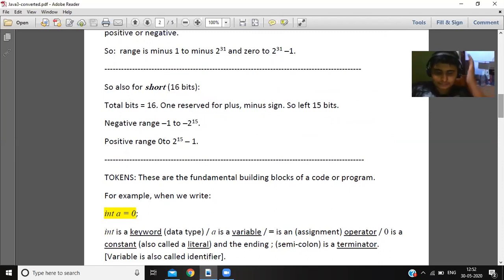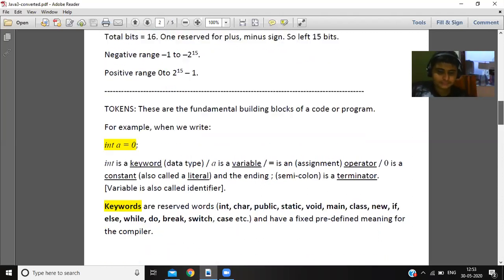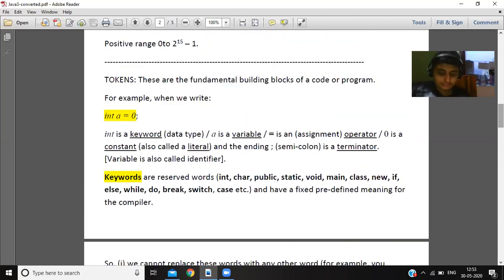Okay? Yes. Then we've got tokens. Tokens are the fundamental building blocks, what in chemistry we call atoms. So when we write int a equal to 0 semicolon, now see the tokens. Int is a keyword, a data type, but it is a keyword.